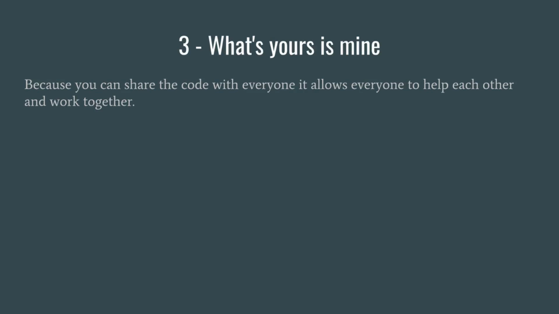Three, this comes back to the sharing, which I've also already hinted at. If you can't tell, it's pretty hard not to talk about this without hinting at other stuff for me. Three, my third favorite thing about open source software is what's yours is mine, so to speak. Meaning, because you can share the code with everybody and you can share each other's work and collaborate, it allows for things to be able to create a community.